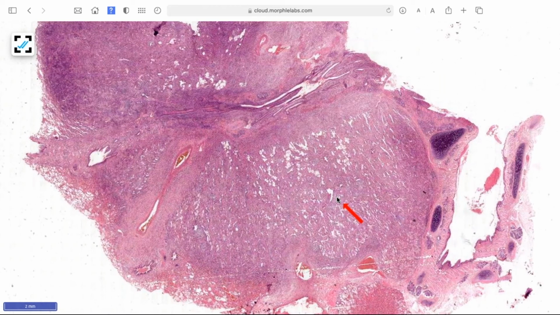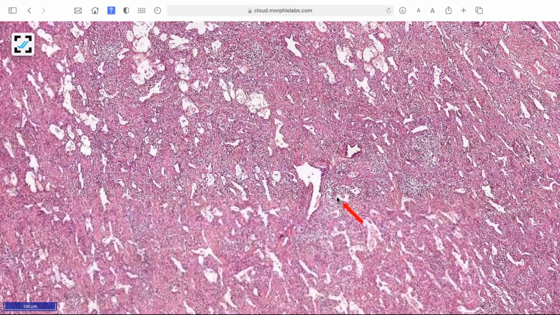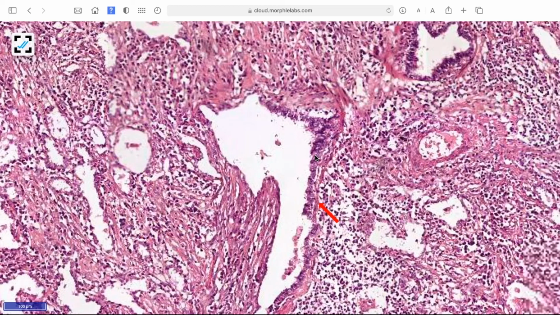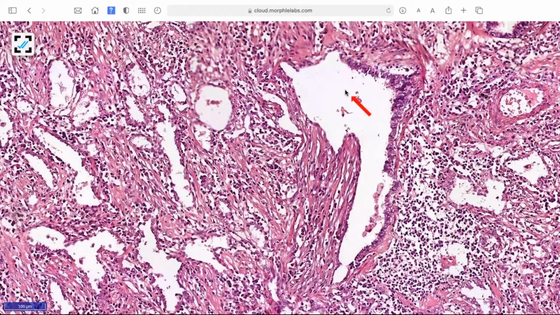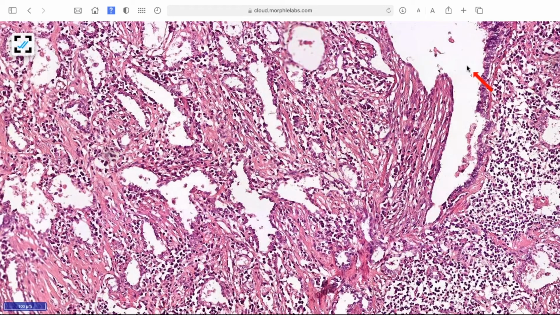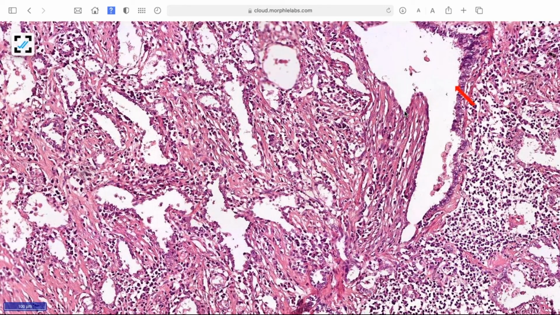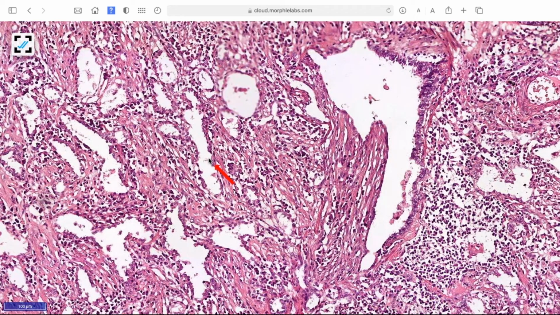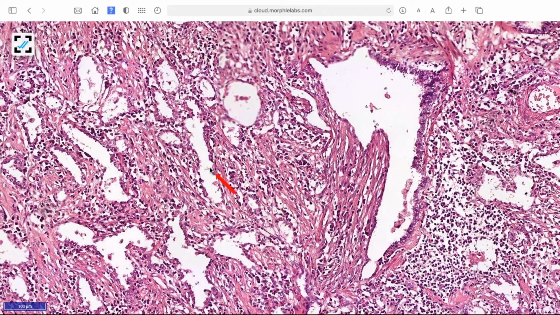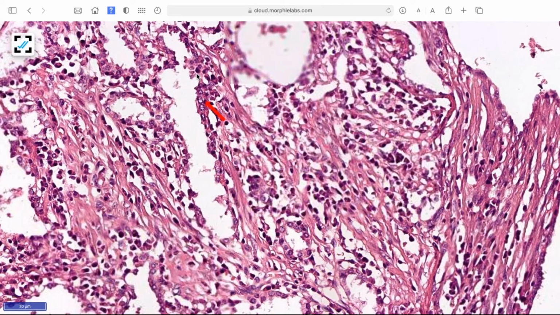When you go to high power, it's predominantly sclerosis in the stroma. There are only very few epithelial lined cystic spaces, and not only this mature respiratory epithelium, these are entrapped airways, whereas the lesion is mainly making cysts with lining pneumocytes. Okay, so these are all the pneumocytes, and you can see dense sclerosis.